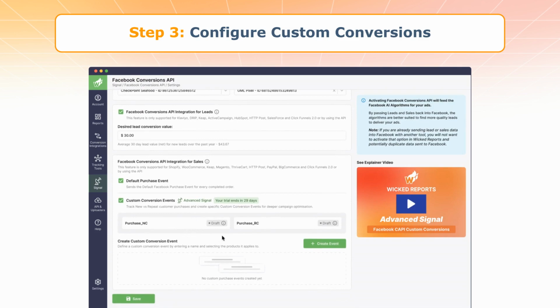By default, this option will offer 2 specific custom conversion events, one for targeting new customers, that's the purchase_NC, and one for targeting repeat customers, that's the purchase_RC. If you don't plan to set up product-specific conversion events, just click the Save button and get those events created. When a new customer makes a purchase from you, the order will be sent up to this general event for new customers, purchase_NC. Similarly, when a repeat customer makes a purchase from you, the order will be sent up to this general event for repeat customers,